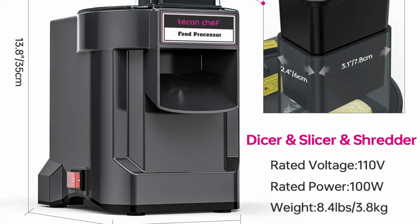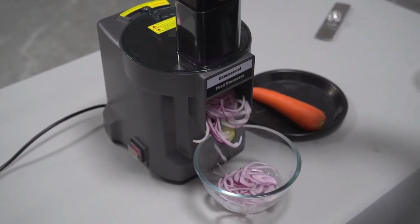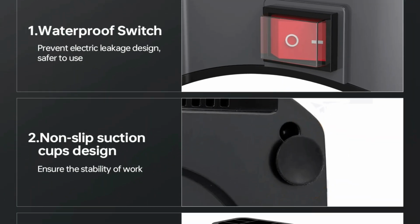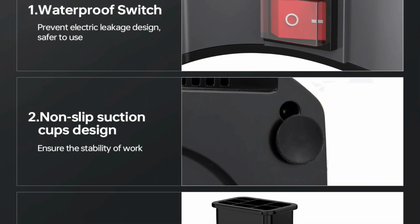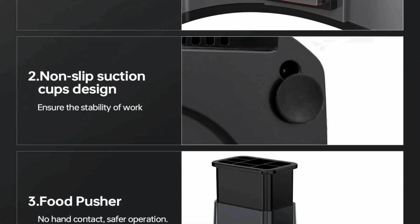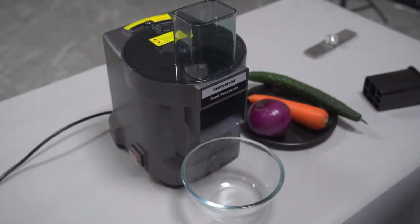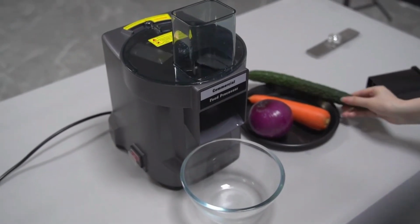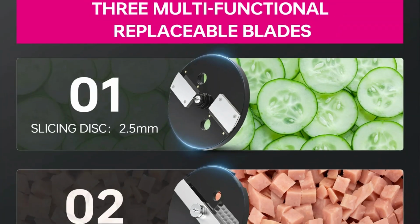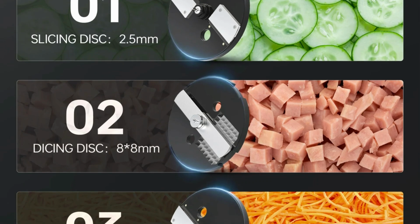Its user-friendly design includes an easy-to-operate interface and detachable components that are simple to clean, saving time on both cooking and cleanup. The space-saving design allows it to fit neatly in any kitchen, whether large or small, making it ideal for daily use. With its combination of speed, safety, and versatility, the 3-in-1 electric food processor enhances your cooking experience, reduces kitchen mess, and cuts prep time significantly. Whether you're a busy professional, home cook, or beginner in the kitchen, this processor is a practical and efficient addition